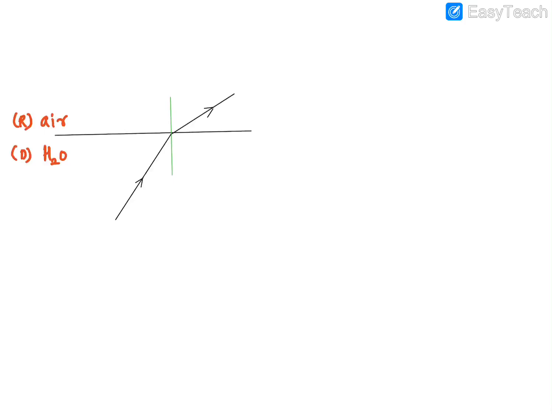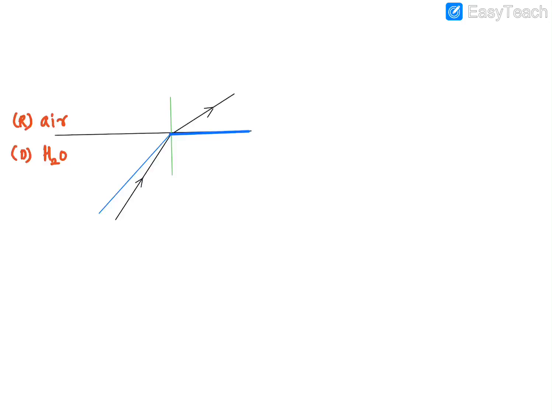Now, if I increase the angle of incidence further, so let's say now my incident ray is here. This is your incident ray now. As I keep on increasing the angle of incidence, what will you notice? What will happen to the refracted ray? Your refracted ray will keep going more and more away from the normal. And what will you notice now? That at some point your refracted ray will go along the surface. So you will find that your refracted ray now will go like this.